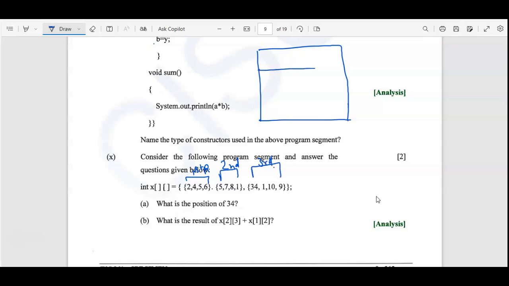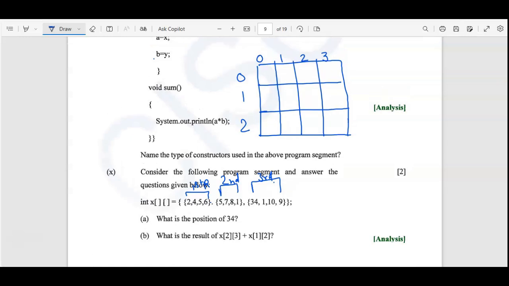So first you draw 3 rows, numbered 0, 1 and 2. Now check the columns: 1, 2, 3, 4 columns are there, numbered 0, 1, 2, 3. Now the individual positions are 0,0; 0,1; 0,2; 0,3; 1,0; 1,1; 1,2; 1,3; 2,0; 2,1; 2,2; 2,3.